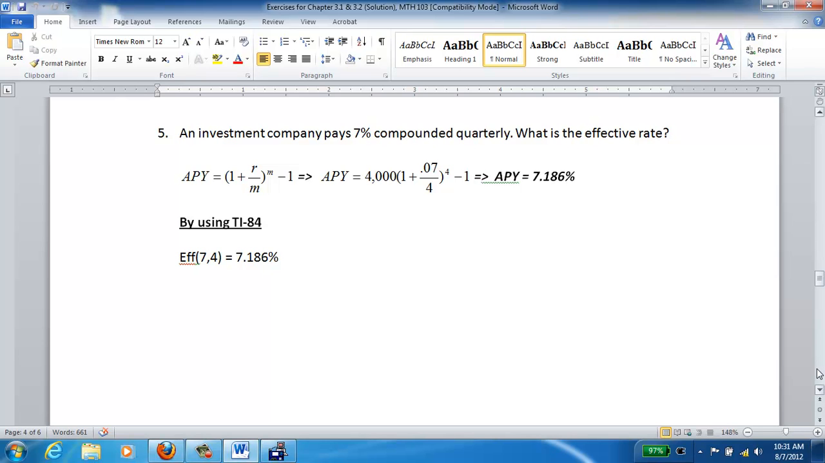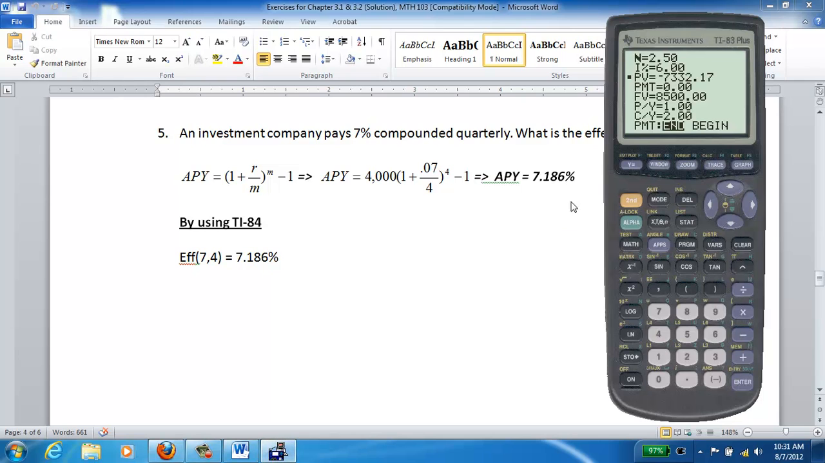Problem number 5, you look for the effective rate. So you have an investment company that pays 7% compounded quarterly. What is the effective rate? So in this case, you have to go to the graphing calculator